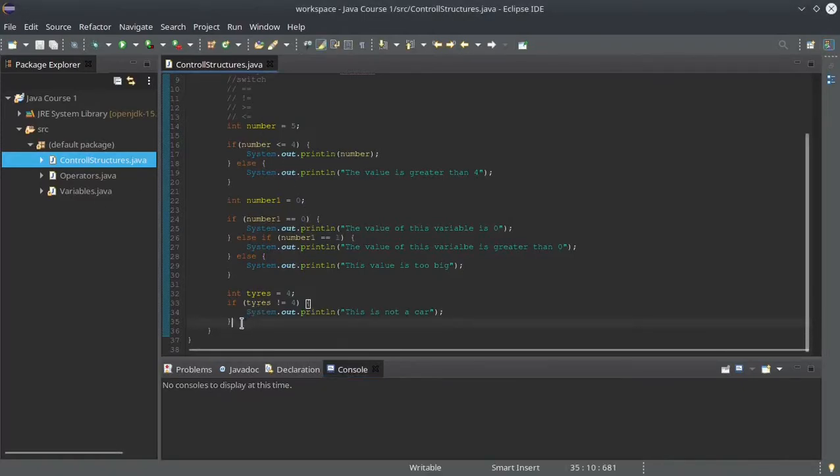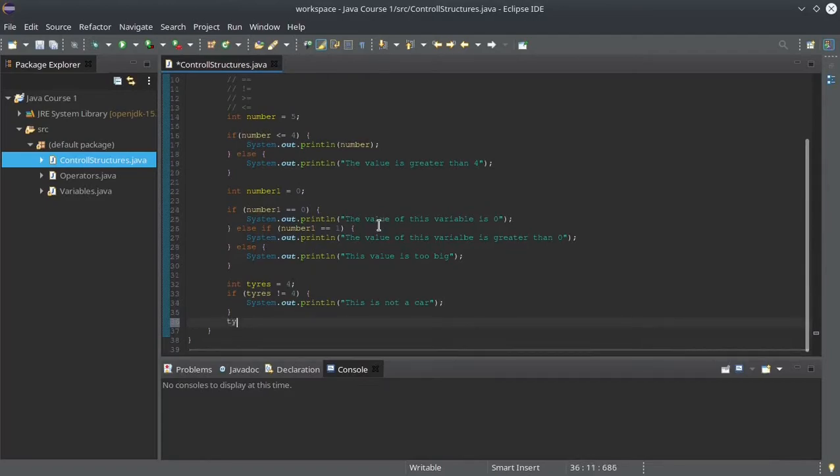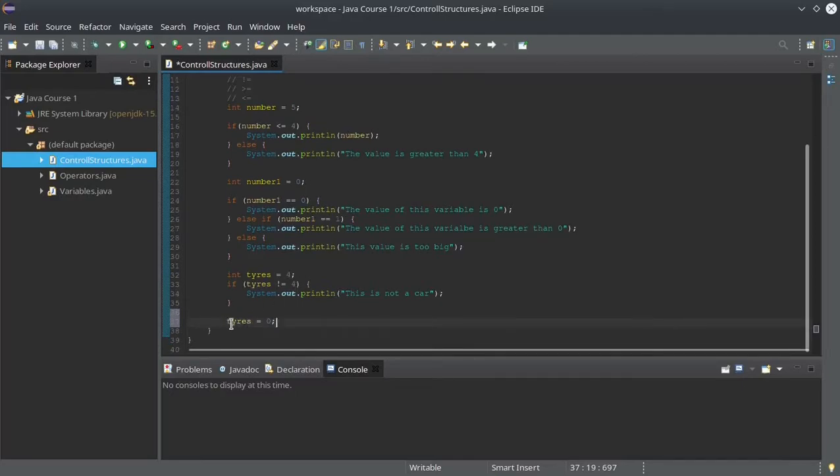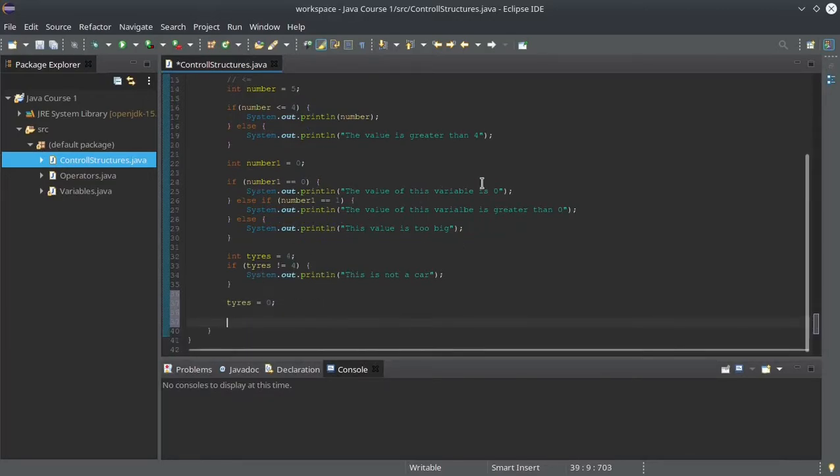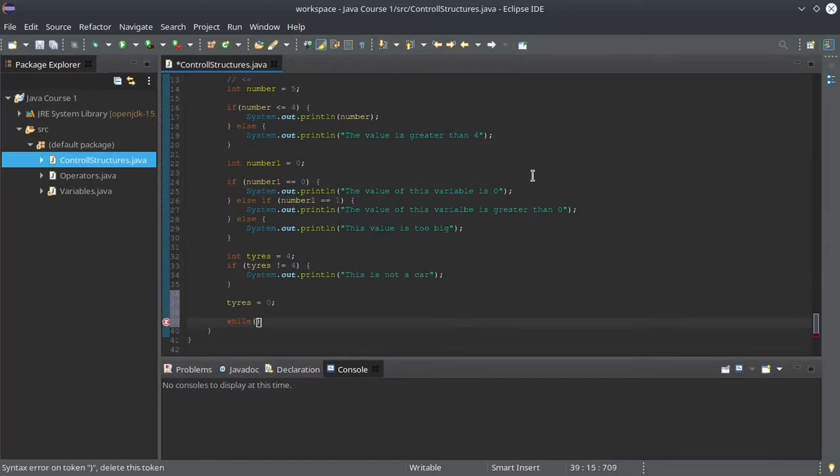Let's create a variable. Let's use the same variable tires, but we change the variable value equal to 0 in this case. So we declare here the variable and give to this variable a value 4, and then we can of course change the value of this variable. Now the value is 0. Okay, and then we use the loop while, and we say while